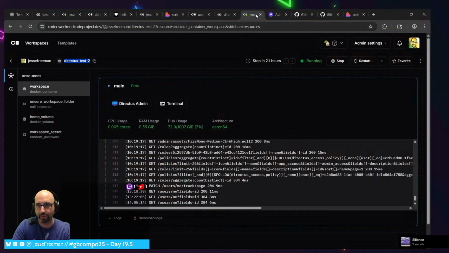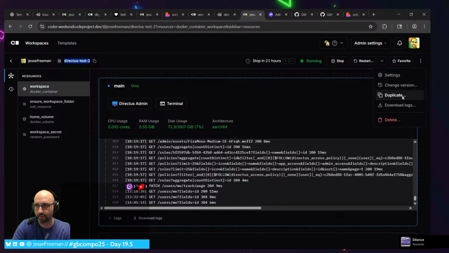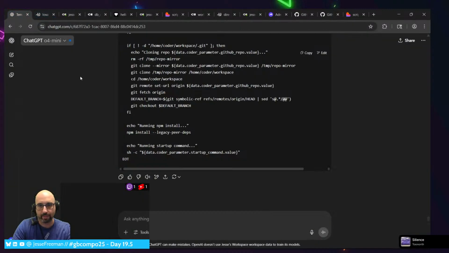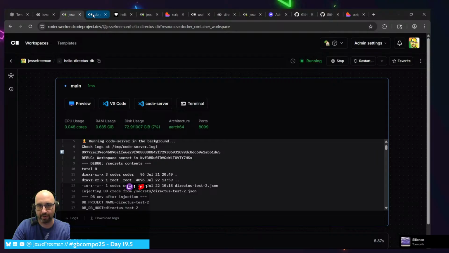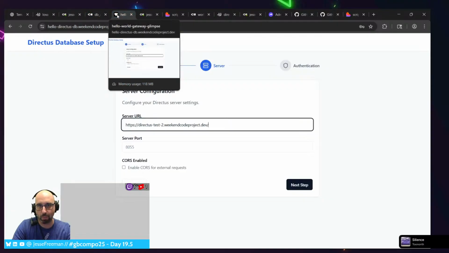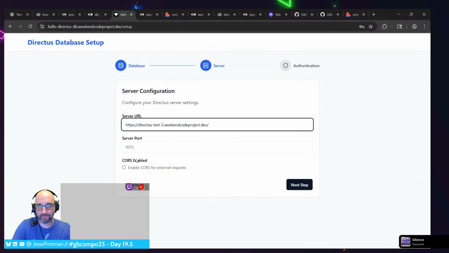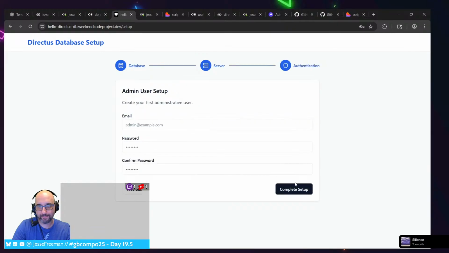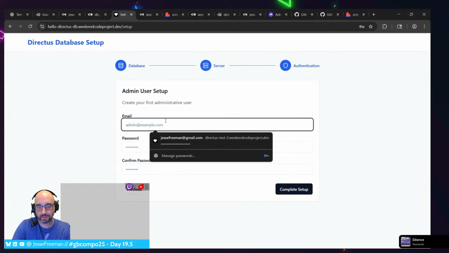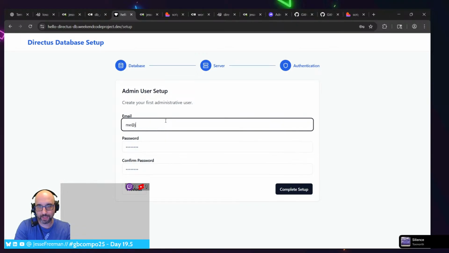This is also running on port. I don't think we need to know the port, honestly, because this is abstracting it.